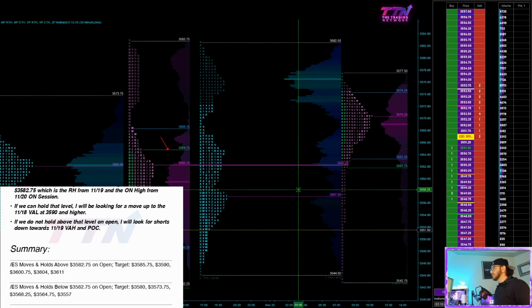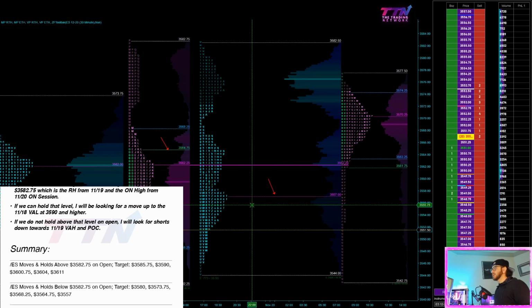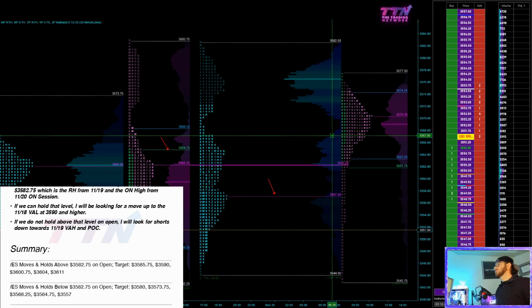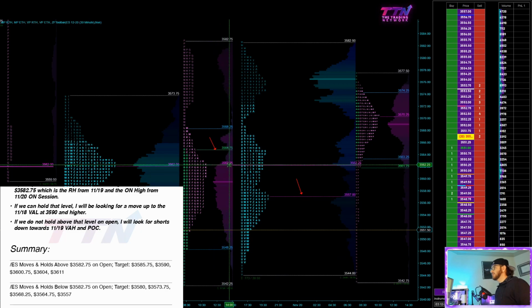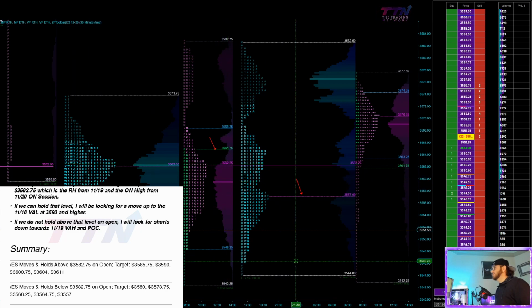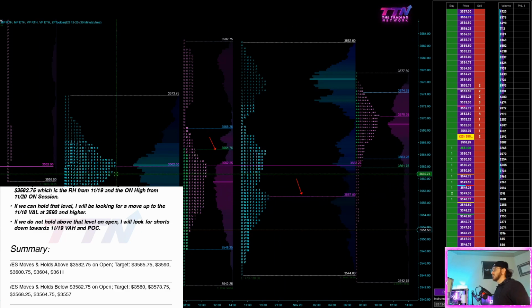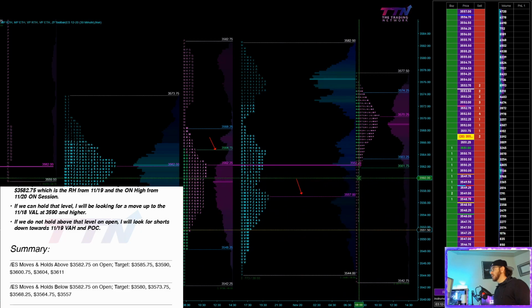Now you can see that that level was the point of control from the overnight session. And that was actually my final downside target because I was looking for one of these extremes to hold. So I was thinking that this was likely to hold, this was likely to hold, and we actually got a flush below all of these levels. So we got a nice move down once again in the very later periods of the session,